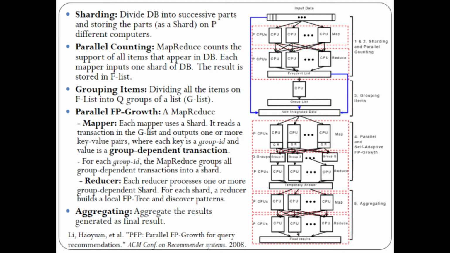So you write the code for the mapper and you write the code for the reducer, and then you do the aggregation of the whole result. Then you aggregate all the results as the final result, meaning you can generate rules out of it, you can do the recommendation out of it, you can do anything that you want as the form of the final result as aggregation. And for this aggregation also you can do the map reduce type of thing. It means in this example we had seen three map reduce algorithms working one after another. So these are like stage 1, stage 2, and stage 3. All the three stages were kept separate.